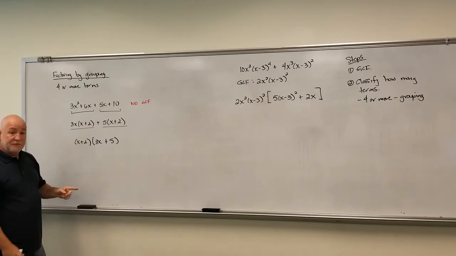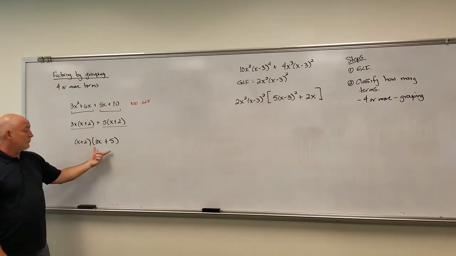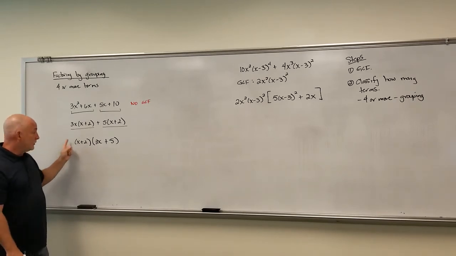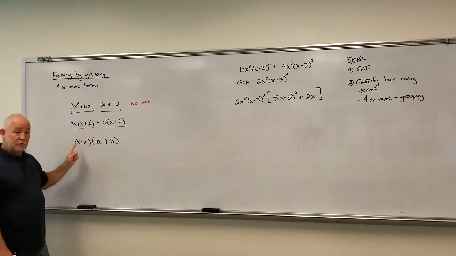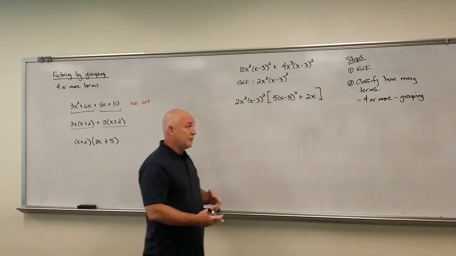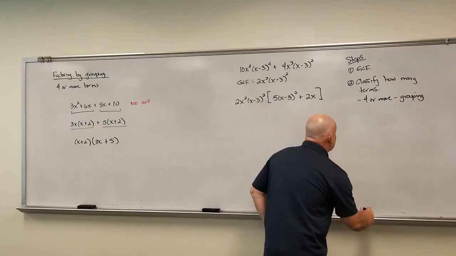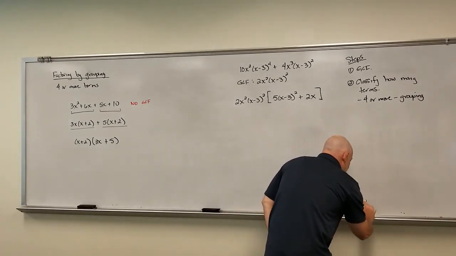Okay, now this is factored, and we have 2 factors. We have x plus 2 times 3x plus 5. So this is one term with 2 factors in it. Now there is one more step, and if you're keeping up with your notes, you may not want to write this one yet because I got a lot of stuff to fill in here. The very last step, which I'm going to squeeze all the way down here to the bottom, is